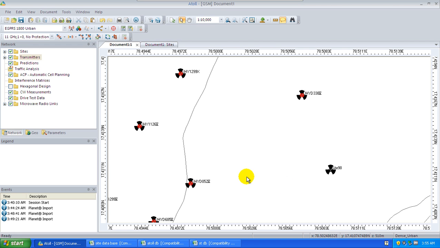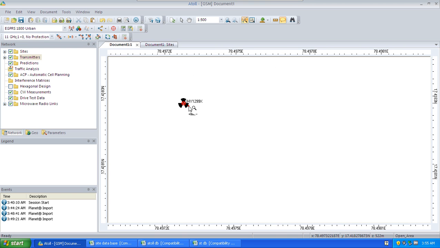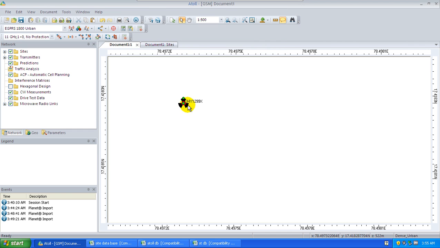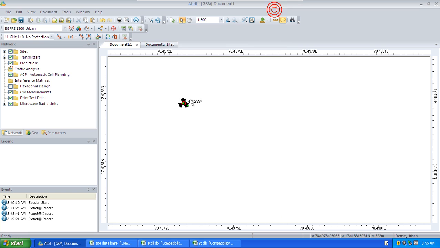Only the site data is there, right? Longitude and latitude. If I click the site database, suppose this antenna is there. Suppose, for example, this antenna, I have given it into which direction? If I double click on it, I'll get the direction. It's 0, right? I can see the azimuth is 0 degrees. Now the second antenna azimuth is 120, and the third antenna direction is